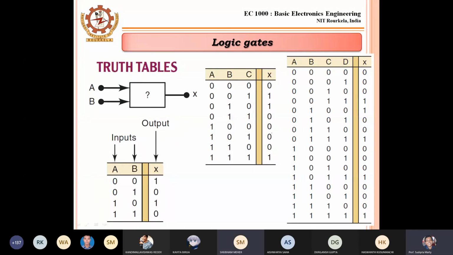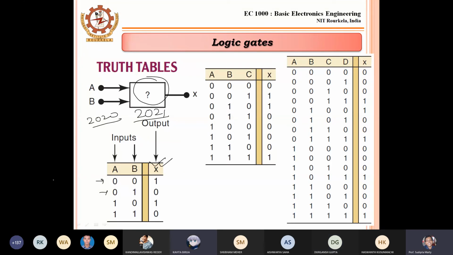The truth table is one kind of table by which we can find the output of a particular circuitry, and the output will be time independent. That means if in 2020 I get this output for a fixed value of input A and B, in the year 2021 I will get the same output for the same input if I use the same circuitry. Is it clear or not? Is there any doubt?